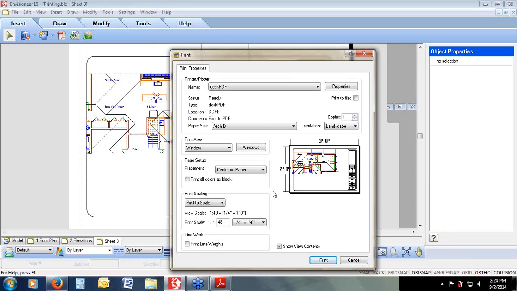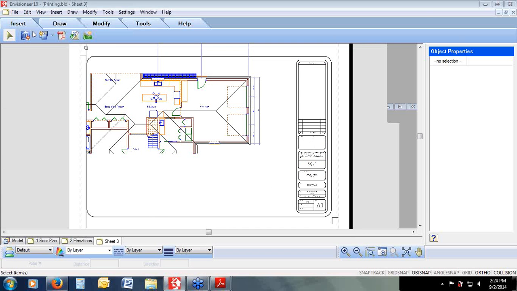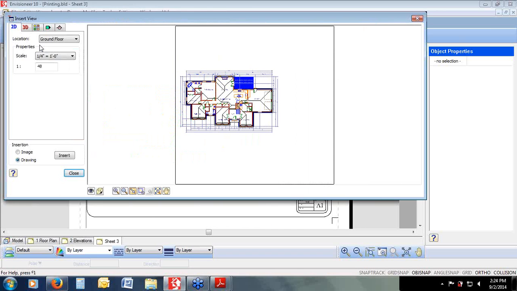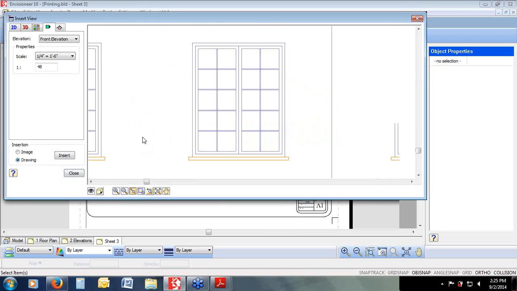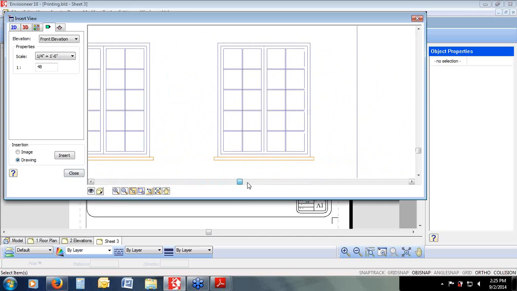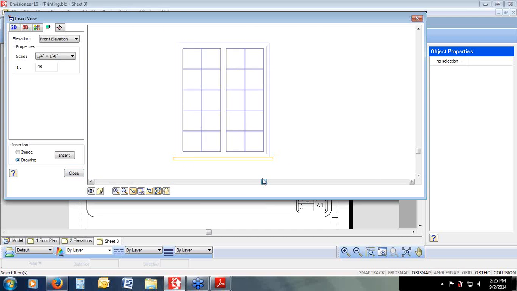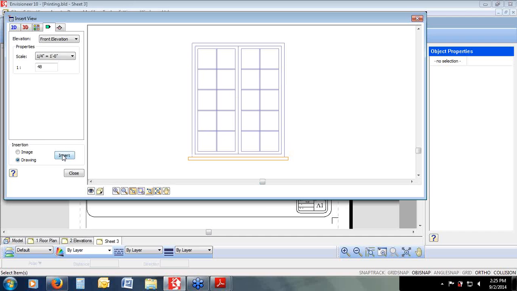So that title block is holding that scale of a 1/4 inch equals a foot. So when you go to print, you're printing out that scale. You're not printing it to the individual view scale because I can define a new Smart View to insert on this same sheet. So I could go to an elevational view and just draw around one window, tell it that this one window that I want to insert, perhaps I'll scoot this off to one side here, to be just this window right here, and I want to insert it at a 1/2 inch,